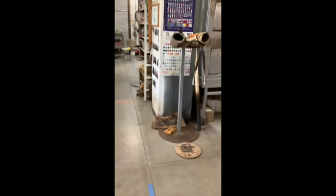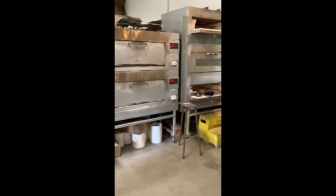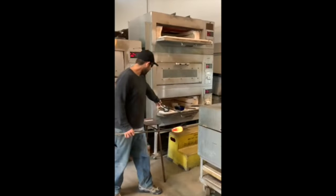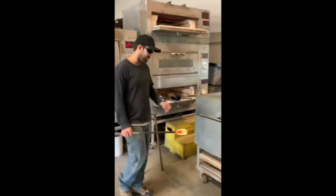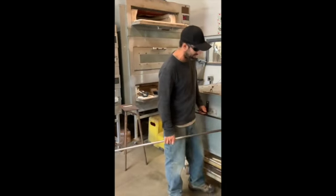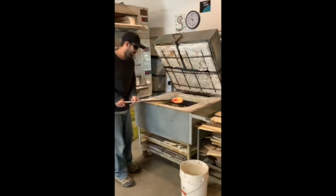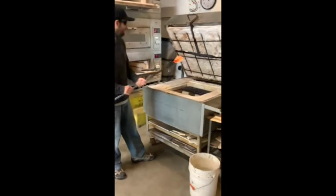Now I'm gonna go back to this oven. That's where I've got those colored rods. I got some blue ones in here actually. I made some white ones yesterday, and I made some other crazy colors too, not plain colors. Like ribbons and